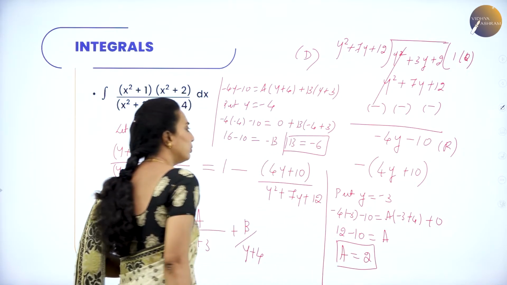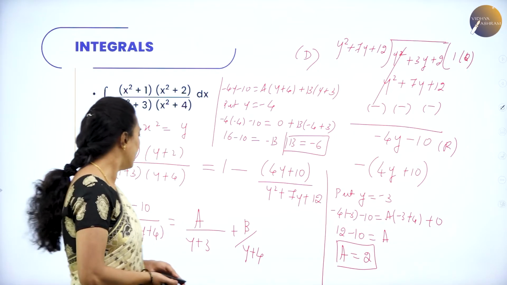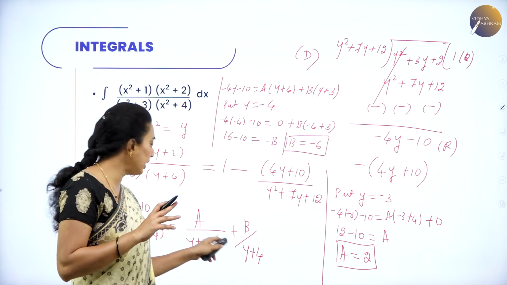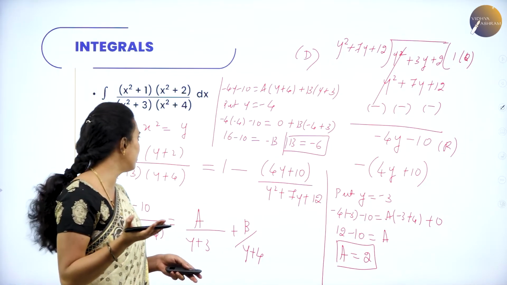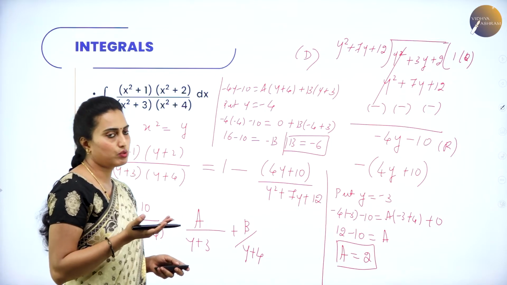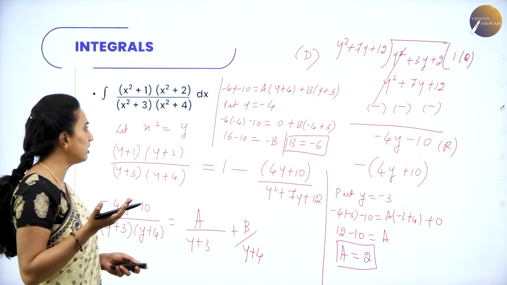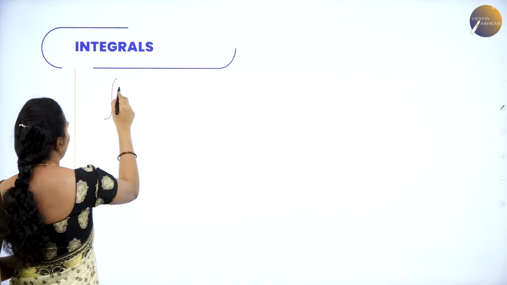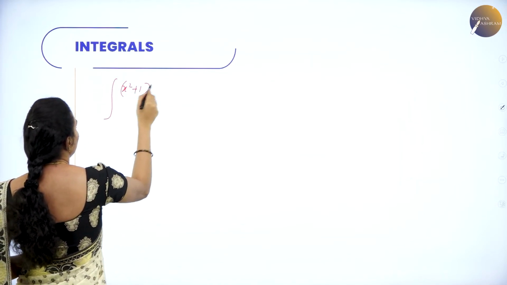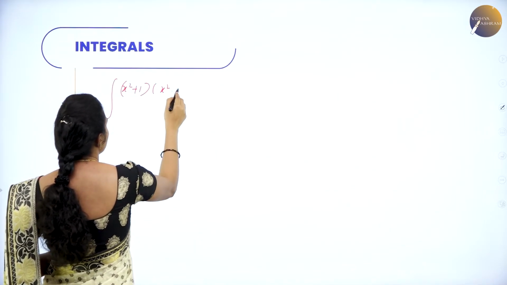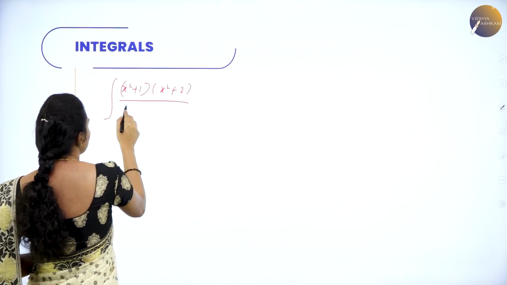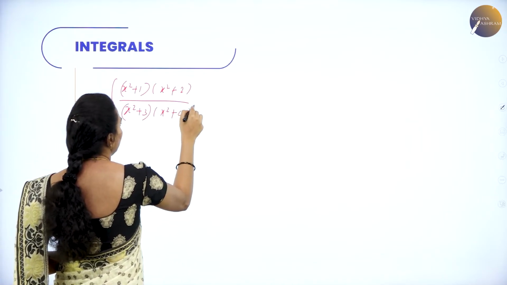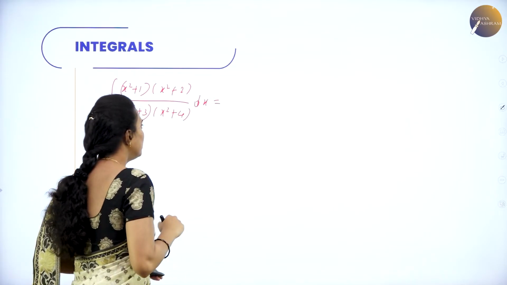So a is equal to 2 and b is equal to minus 6, and substituting the a and b values, and y is equal to x squared, because we have taken y is equal to x squared, isn't it? Otherwise x squared is equal to y. Now we are going to get integral of x squared plus 1 into x squared plus 2 divided by x squared plus 3 into x squared plus 4 into dx, which is nothing but,